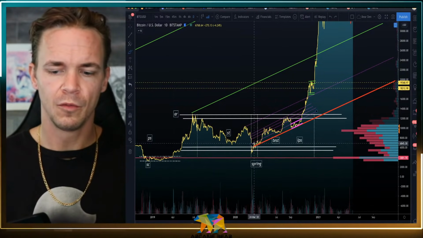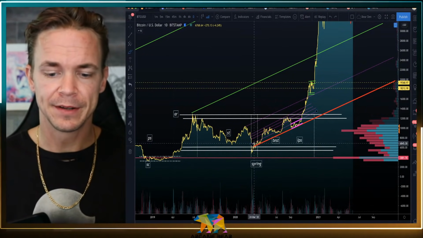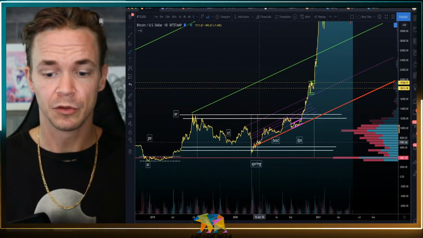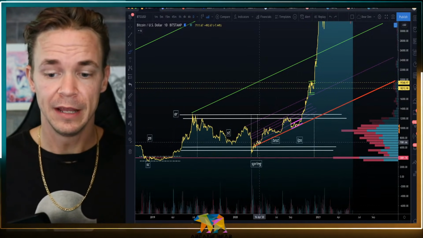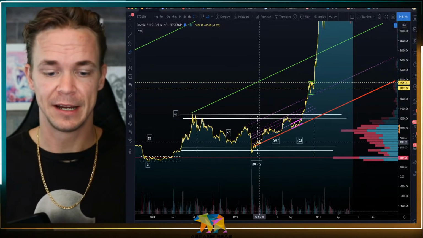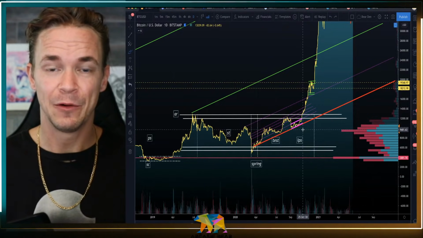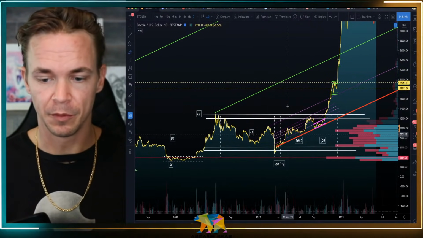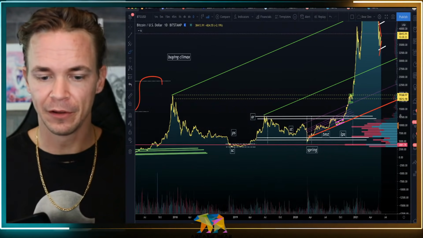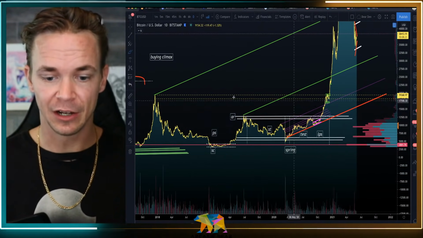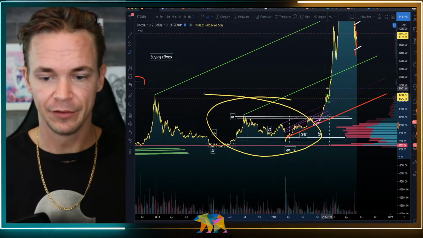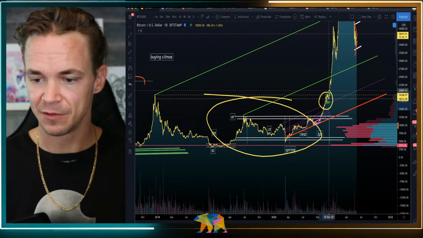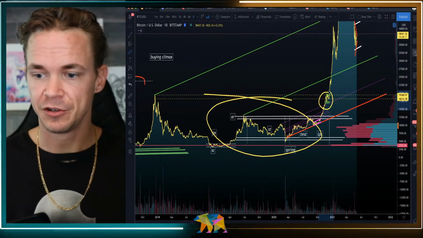Now, we talk frequently about scale invariance, and one of the fun functions here, as we will show, is the reaccumulation patterns and the accumulation patterns that take place within and outside of one another. So here is the general accumulation pattern that signaled the bull market. But if we zoom out a little further, we can see that there's actually a larger accumulation pattern that took place where we stubbed up against the resistance at around 19,000 and continued to go much higher.